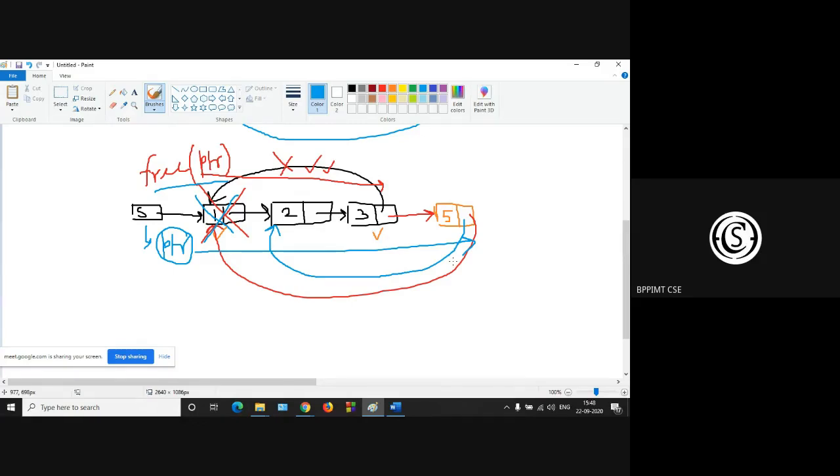While ptr arrow next not equal to start, proceed, that is ptr equals ptr next. Then end that while loop. Now you are at the last node, 5. So ptr arrow next equals start arrow next, then free start.